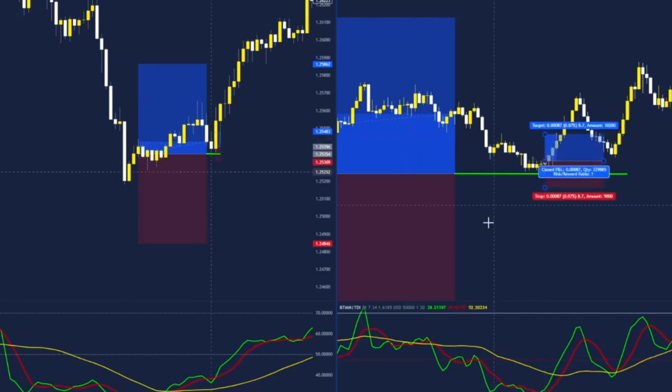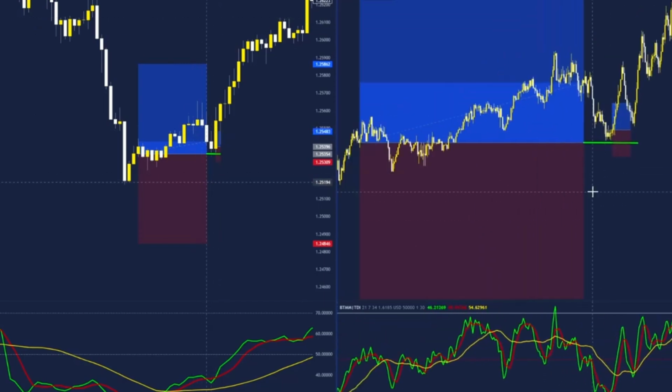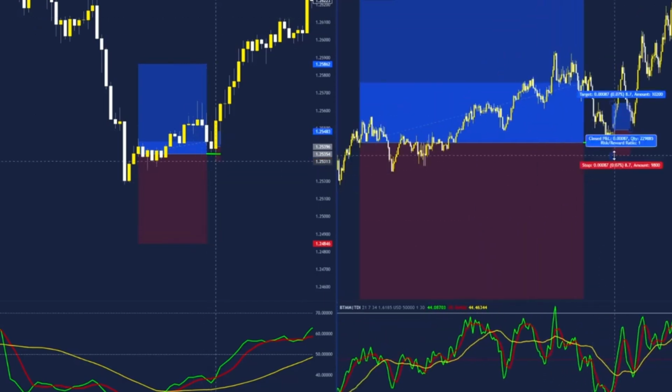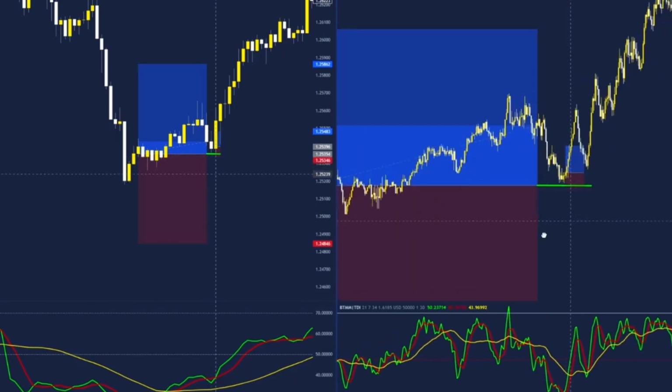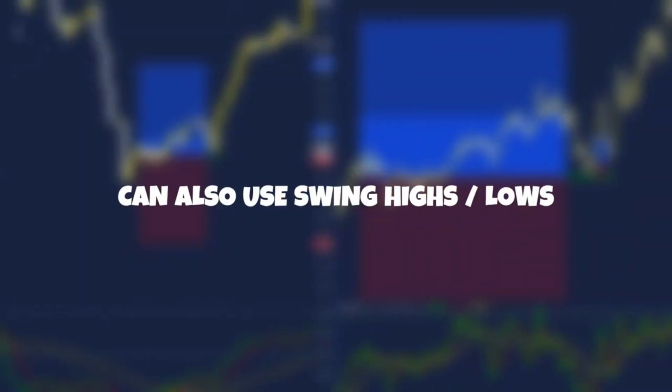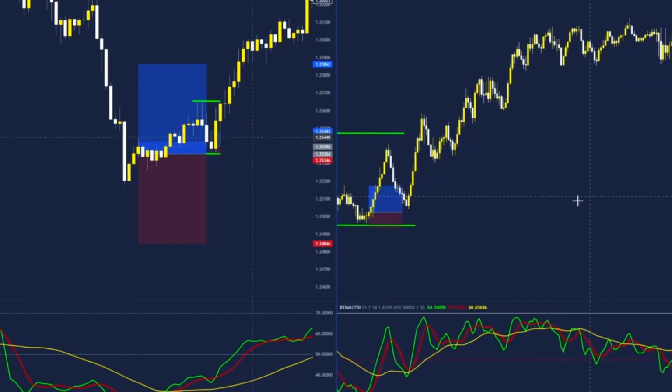We can enter our trade at this level once enough rejection or candlestick formation is shown, and place our stop loss inside of the 1-hour stop loss level, either correlating with previous rejection or a set pip count away. Just make sure it's safe enough to give the trade breathing room. You could also use swing highs or swing lows. Now, for the take profit level, we have 2 options. We can either set our reward level at the 5-minute chart's price before it turned around to reach our target area,